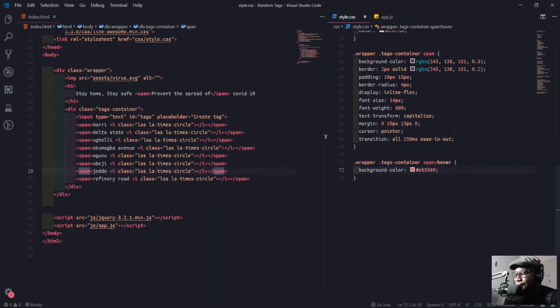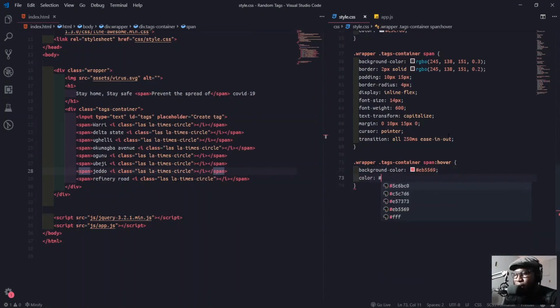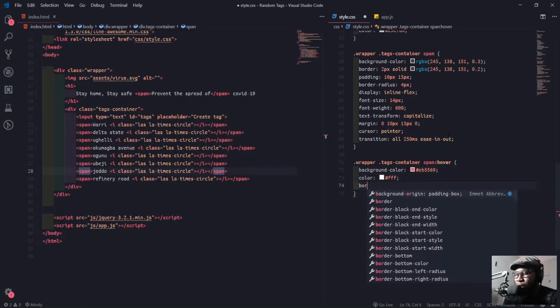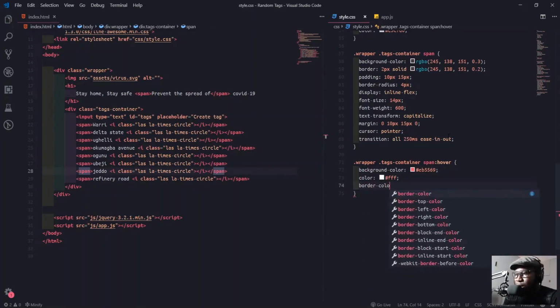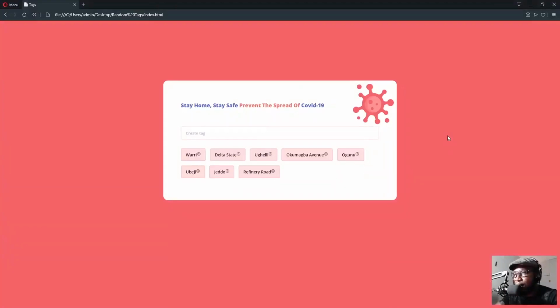But anyhow, I made the color white, FFF. Then border color, ash EB, 5555569.